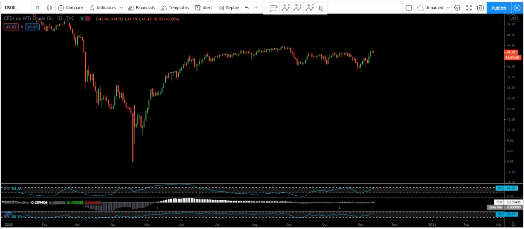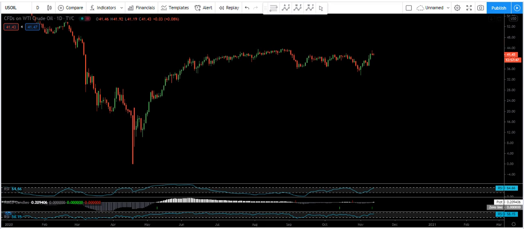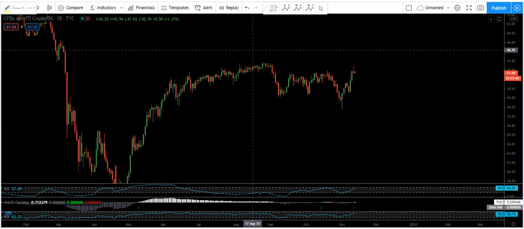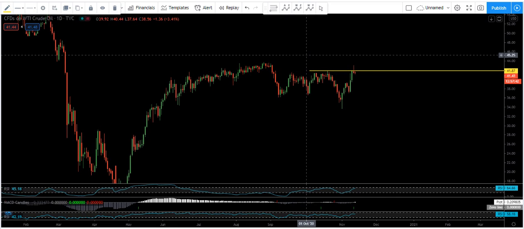Oil, now we are based on daily chart. Okay, as we can see, based on daily chart, the price has broken the top, this top. All right, now the question is,